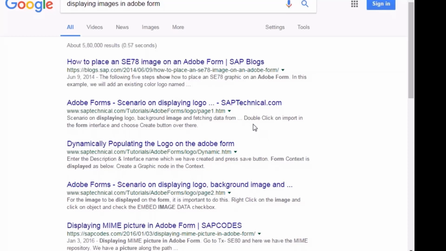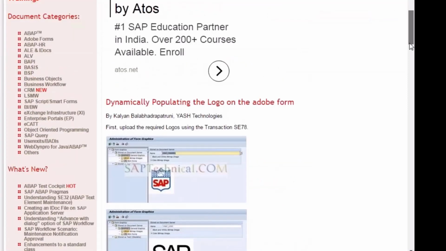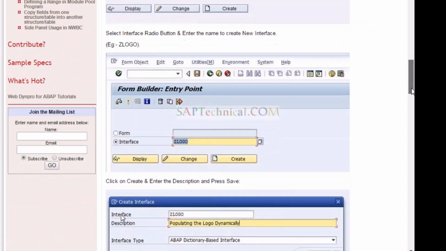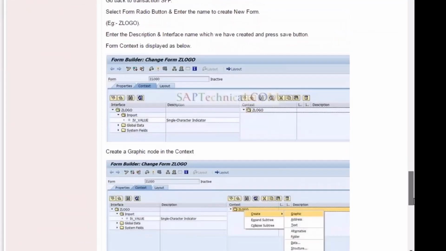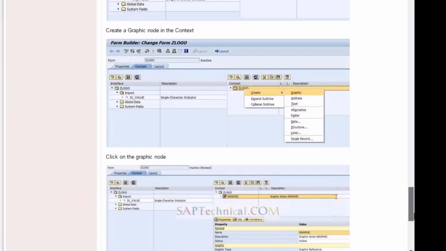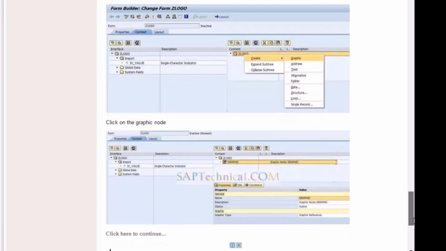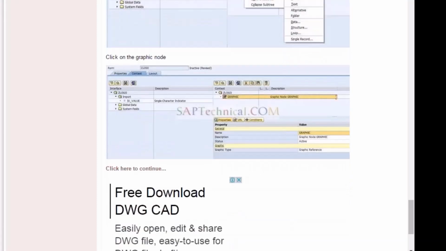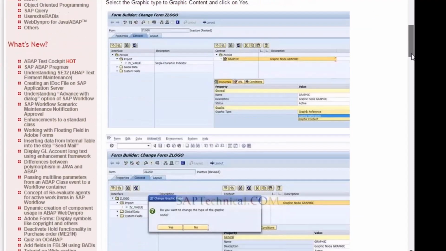Sir, you have it in SAP technical sites, sir. The same example what you have said. Yes, yes, 1 second. I got the same thing. No, not this one. You just type upload images into custom table and print it into Adobe form. See, they also create the graphic object, graphic reference only, graphic content they are changing.